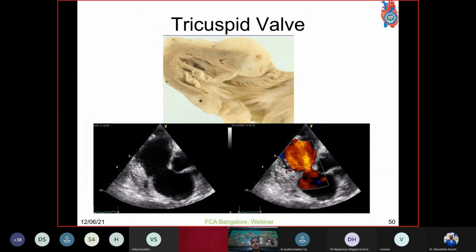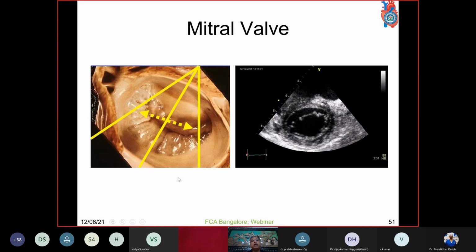So these are the standard 7 views which we have seen, and apart from that, certain views can be modified, and as per requirement, the probe can be directed. Like the tricuspid wall can be seen very easily: this is the right atrium, right ventricle, and the tricuspid wall. We can have a better view of the mitral wall by directing our ultrasound beam exclusively towards the mitral wall, adjusting the depth and the gain settings, and the complete structure of the mitral wall can be seen.